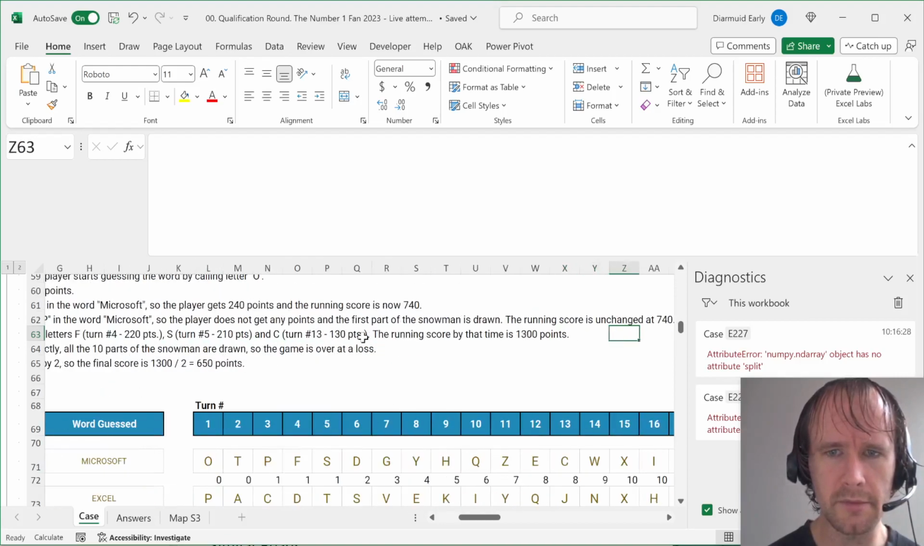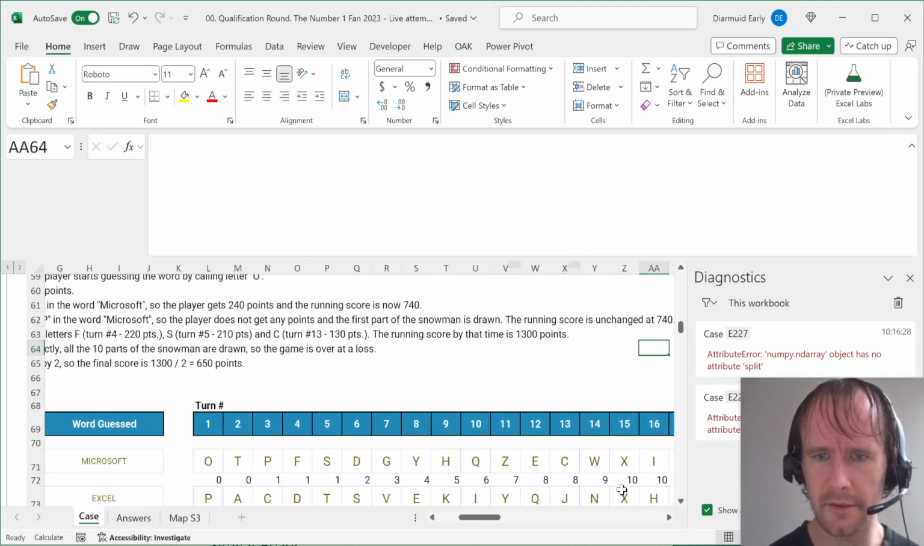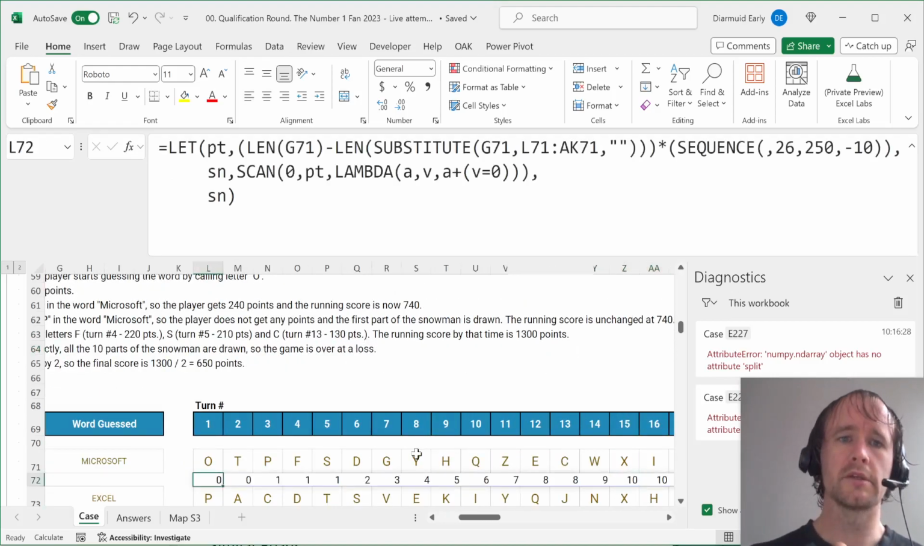The running score at that time is 1300 points. However, at turn 15, the player gets 10 letters incorrectly. Yes, we agree with that. Good. So then,